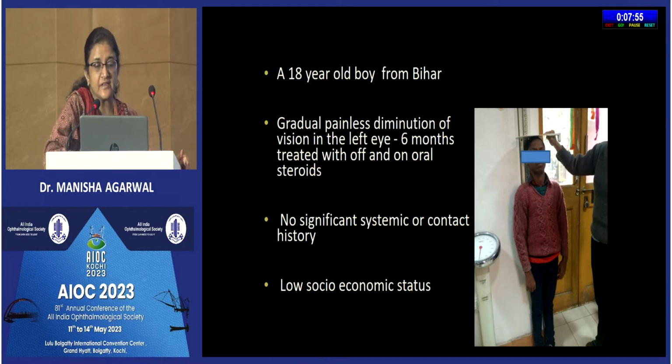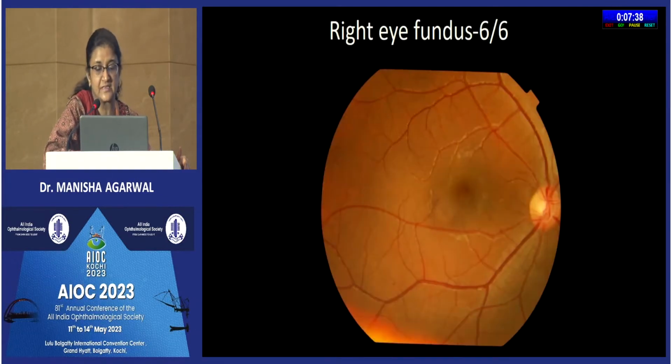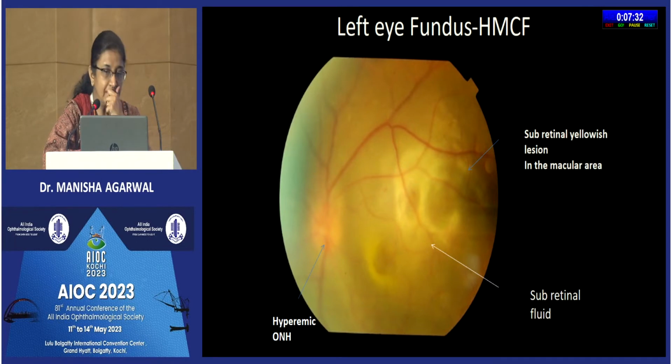So this was a young 18-year-old boy from Bihar presenting with gradual painless diminution of vision in the left eye for last 6 months and treated with off and on oral steroids. There was absolutely no significant systemic or contact history, and the child was from a low socioeconomic status. The right eye fundus was absolutely normal and with a vision of 6/6, while the left eye fundus apparently showed